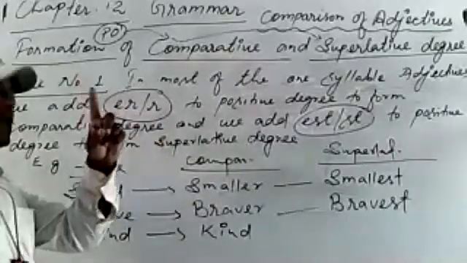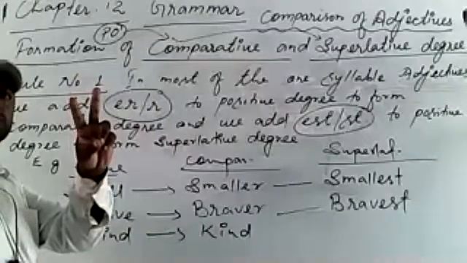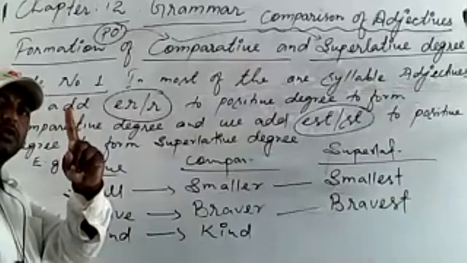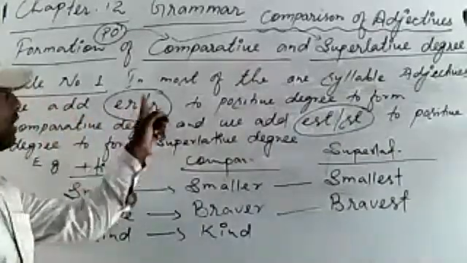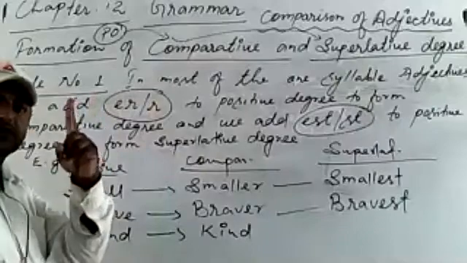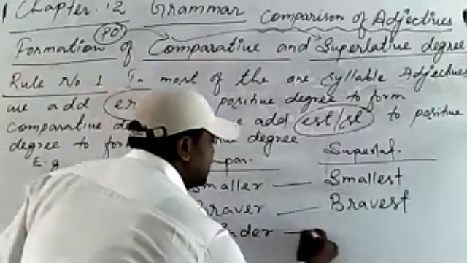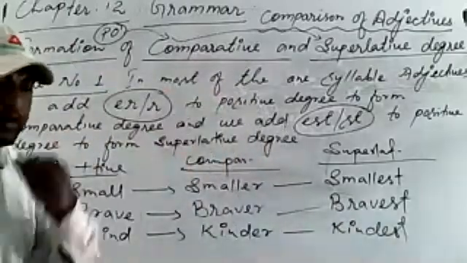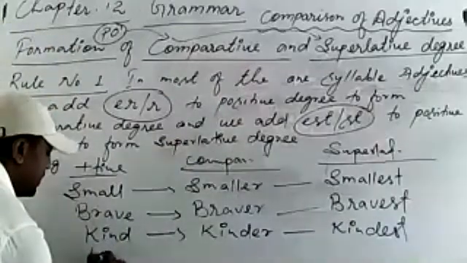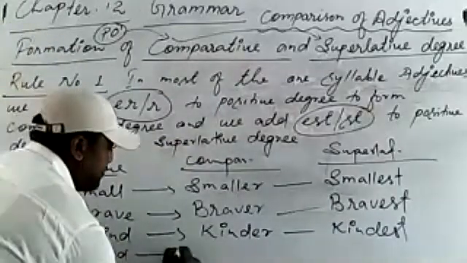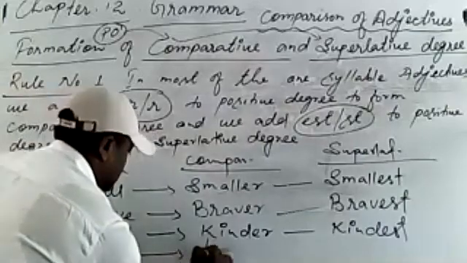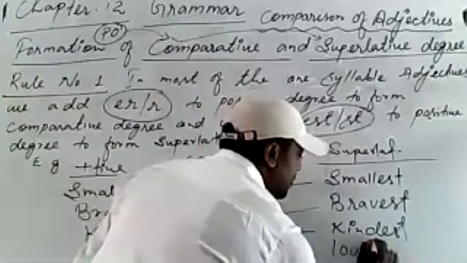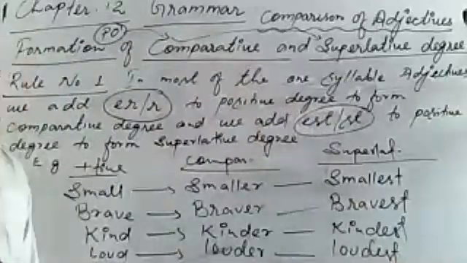Show me. Er is for first and r is for second, two fingers. What I am going to use here? First finger or second finger? एक उंगली दिखाते हो तो er होगा, दो उंगली दिखाते हो तो r होगा. What I am going to use? First one. Very good. Yes. Kind, kinder, and kindest. Yes. One more example. Loud, louder, loudest.